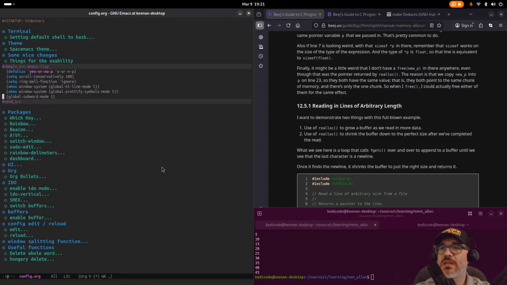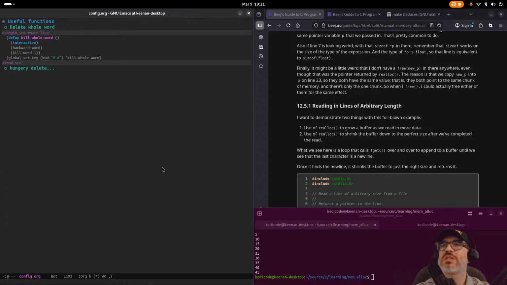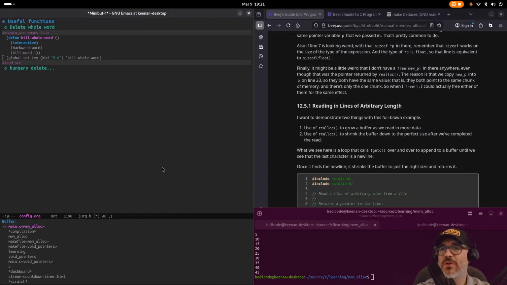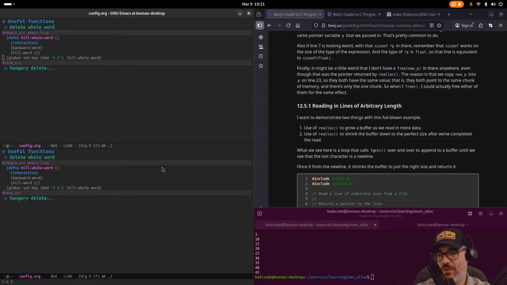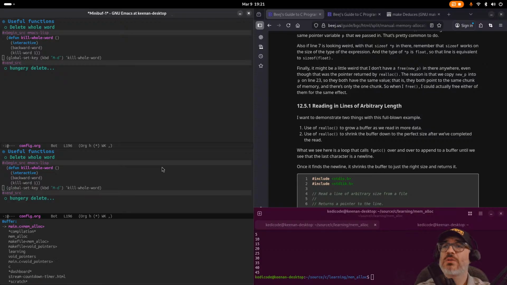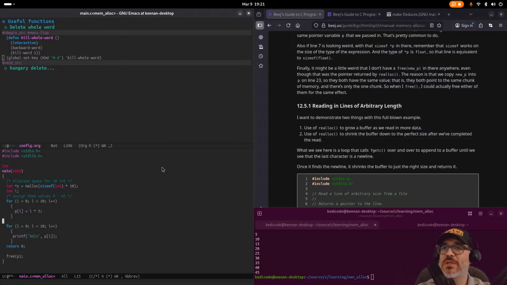Now, the delete whole word right here, that was giving me a little bit of issues today. I think I might want to set the global key to something else, because if we go back and look at one of the buffers, actually let me cancel, let me just split the screen, and then we can look at a buffer in there. So maybe I can use this one as an example. So let's say I'm in here and I make, I don't know, an int, some large word